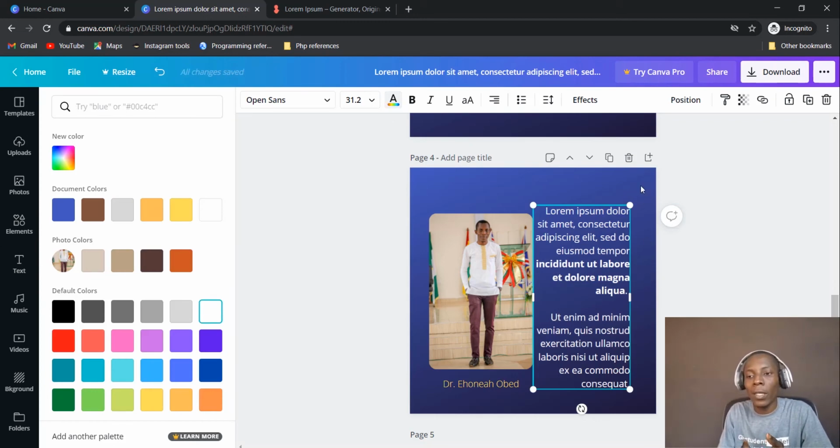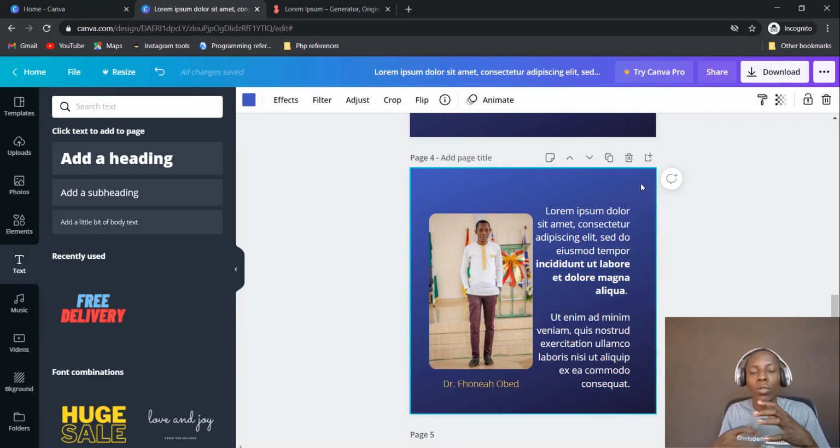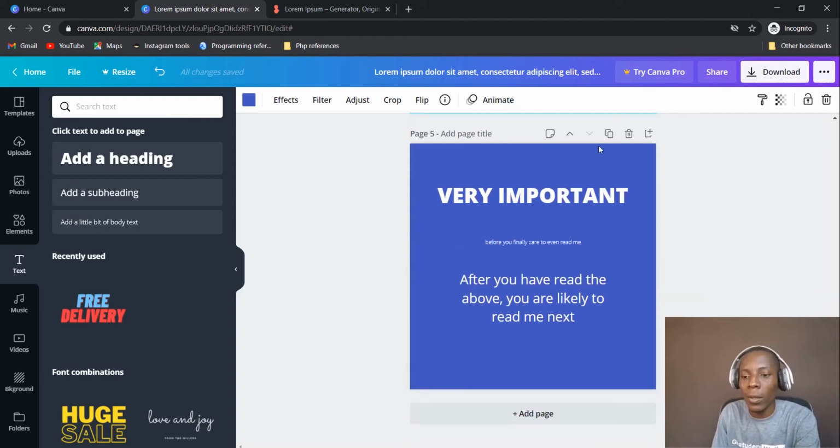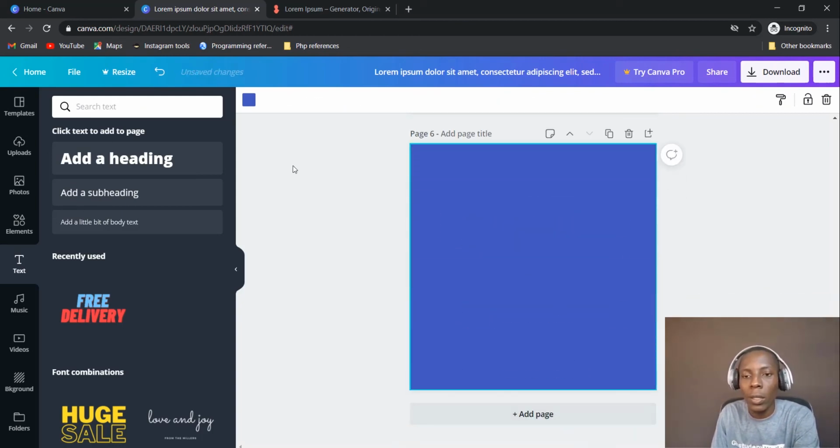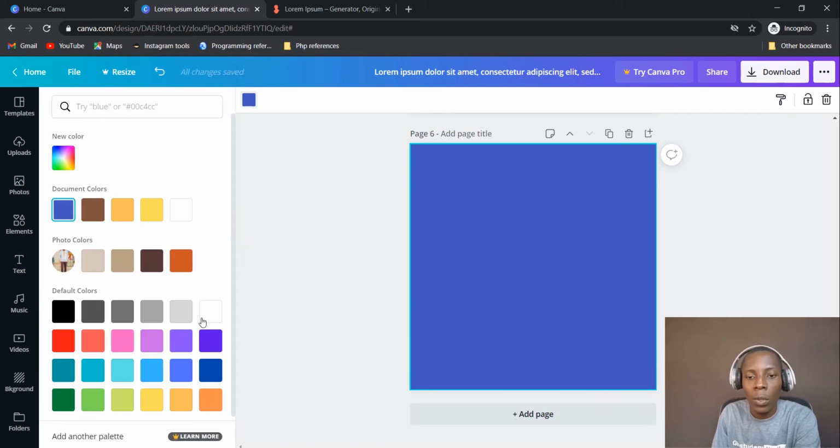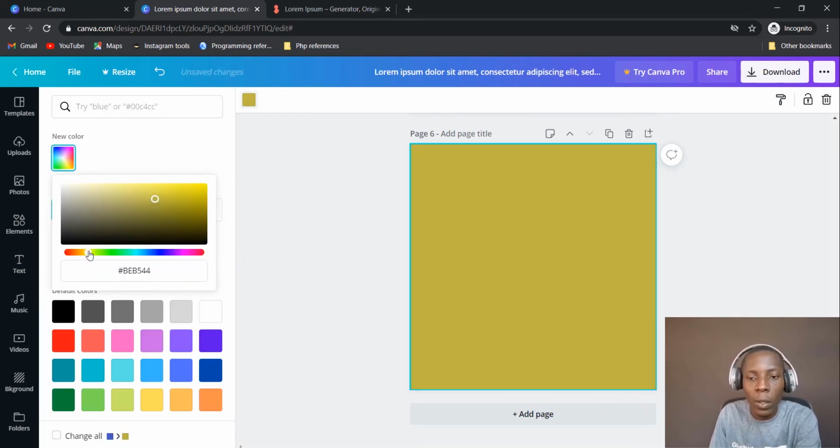So anytime you are creating any sort of design, make sure you use contrast, and colors are one way to create contrast. If you use two light colors together, let me add a new page, delete this, change this to yellow. I want a very light yellow. Okay, so usually when you come to this color